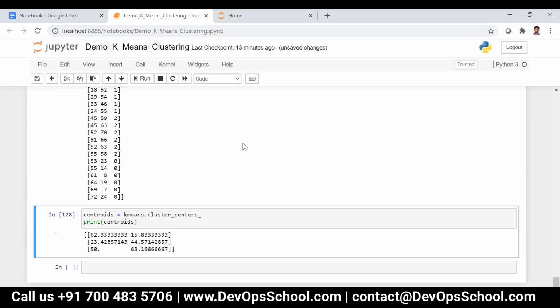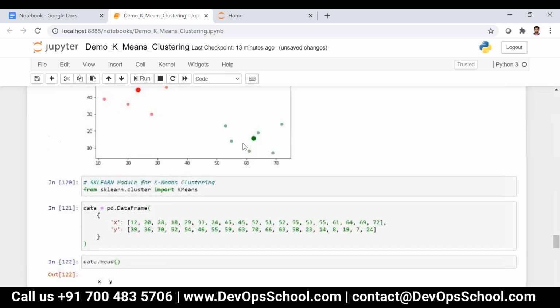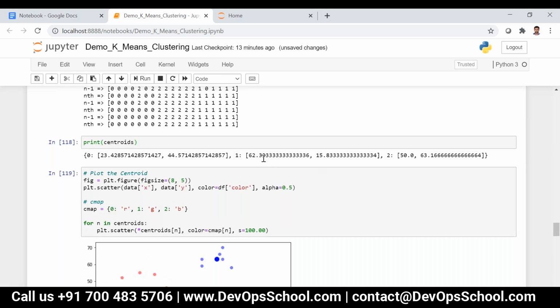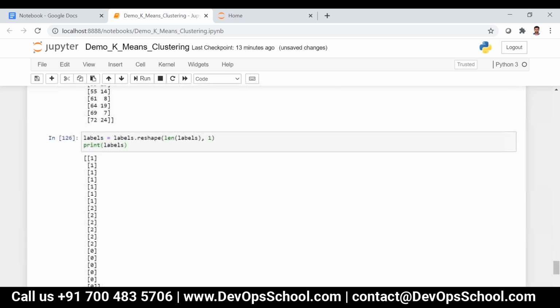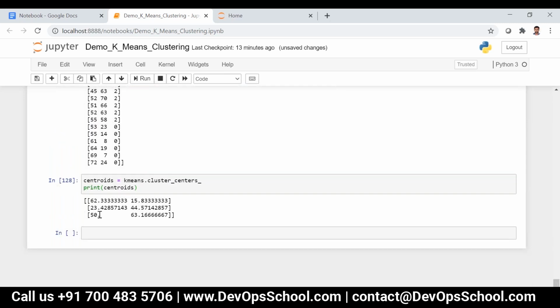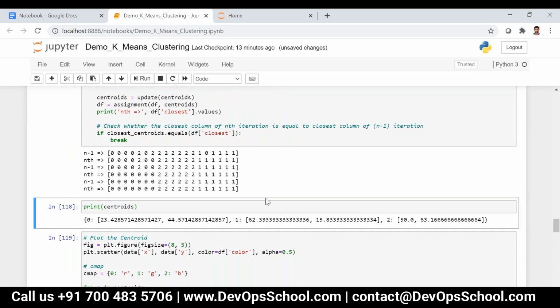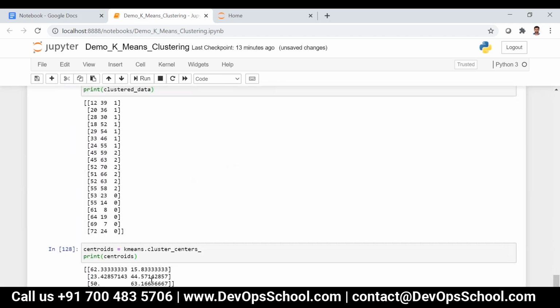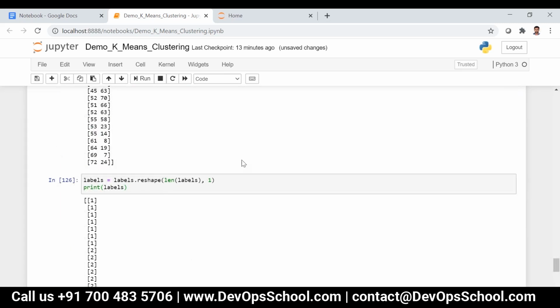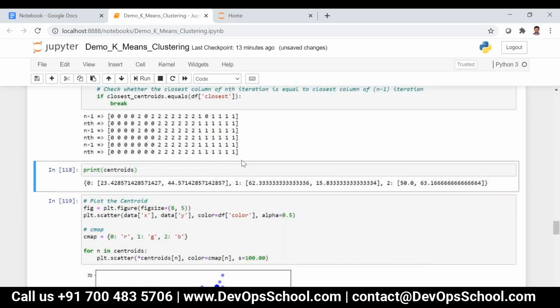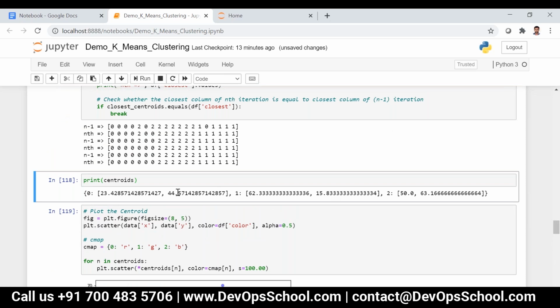Now if you see our centroids here, this is cluster 1, that is 62, 15, 50, 63, 23, 44. It is in the same order but in different indexes, like 50, 63. We have some centroid with 50, 63, and then we have something like 62, 15, 23, 44.